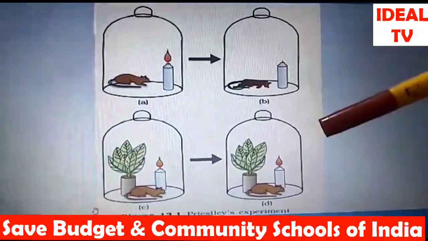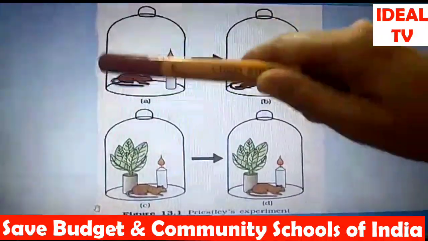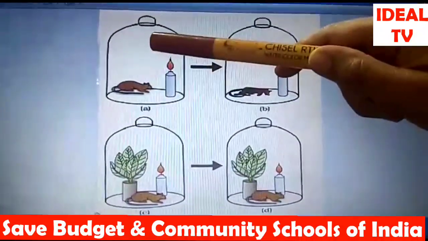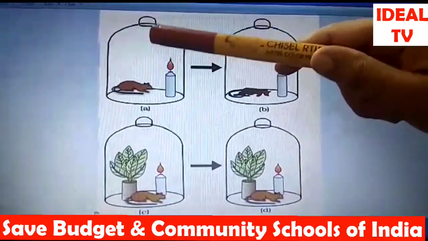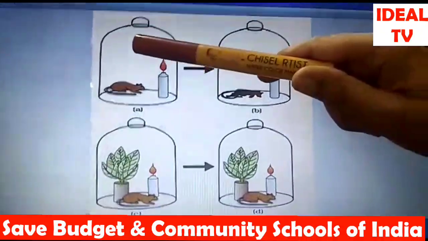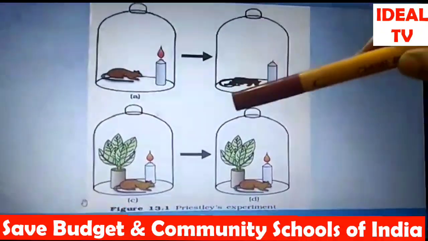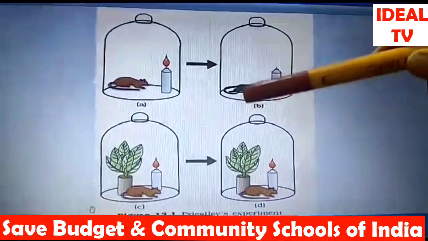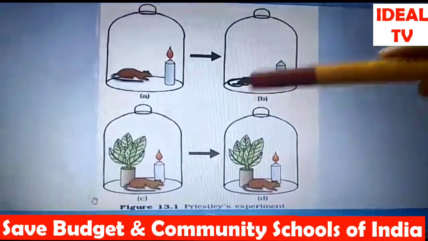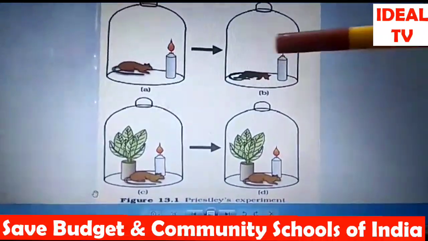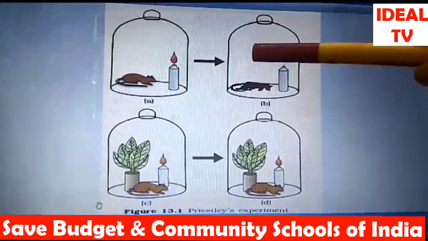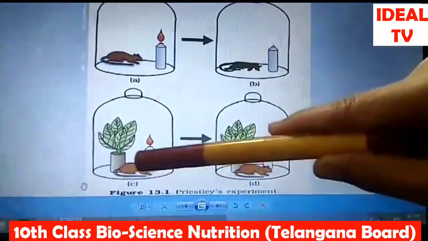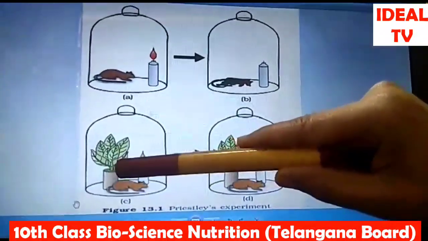In the first case, as we all know, this jar has its own air inside, which contains a mixture of gases like oxygen, carbon dioxide, because air is a mixture of gases. But something is happening inside the jar because of this breathing animal and the burning of the candle, which destroys the air, and which is restored in the second example when we put a mint plant inside the bell jar.